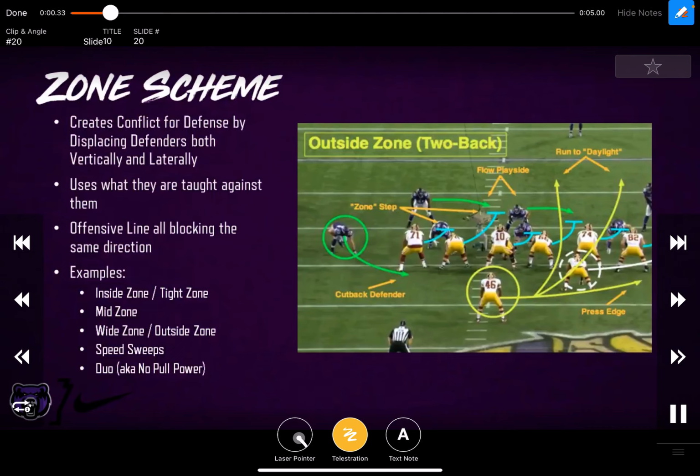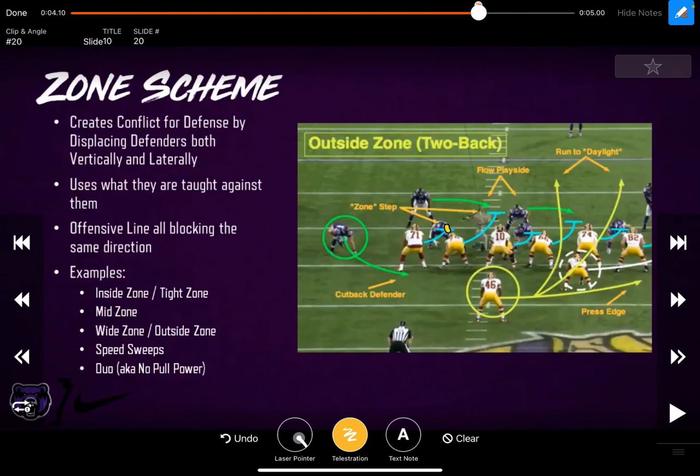In this type of scheme, you're going to have most of your blockers moving in the same direction. The goal for this play is to create conflict in the defense by displacing defenders vertically, just like you do sometimes in gap scheme, but also laterally. So what you're trying to do is use what those guys are taught against them. If these guys are playing base defense, and we'll just take a look at this picture right here, if they're aligned in this gap right here,